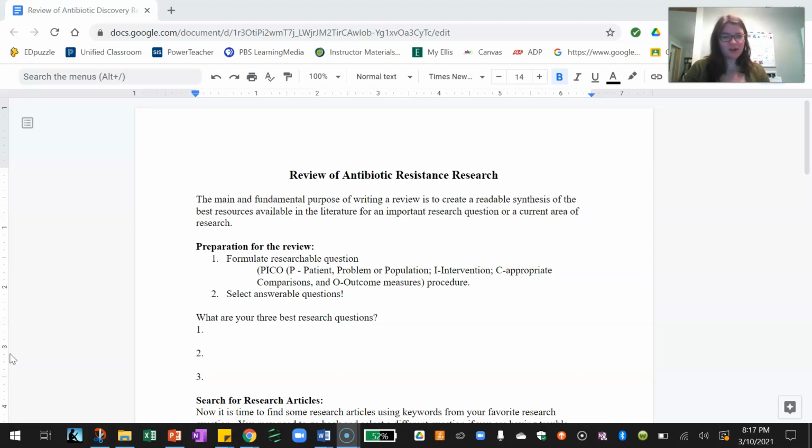If you recall, last time you did a problem tree analysis and some brainstorming around the causes and effects of antibiotic resistance, and you formulated a handful of research questions and settled on 3 that were your most favorite. I've had a chance to read a lot of your research questions and they all look great, so really good